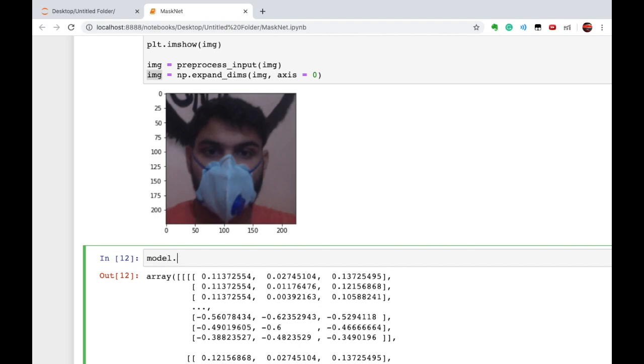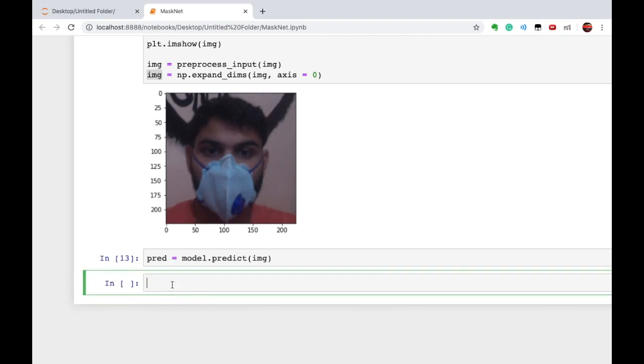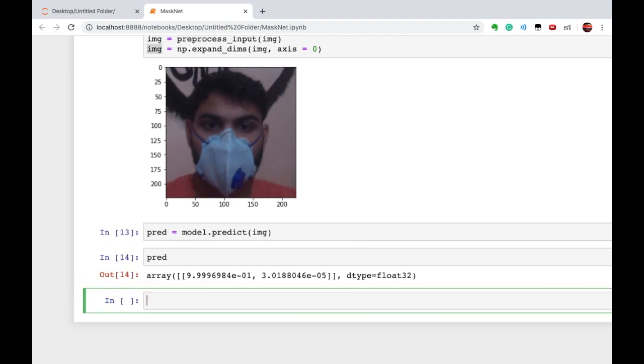So now let's make the prediction. To make the prediction we will use model.predict, and inside that I'm using my image here, and I am storing the prediction in a variable called pred. Clear? So let's print pred.